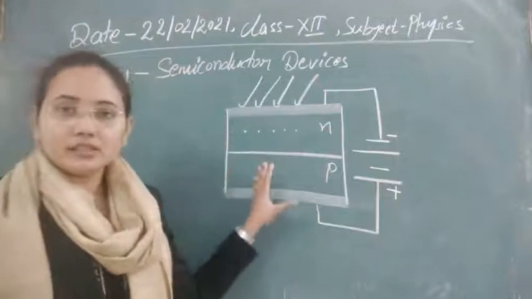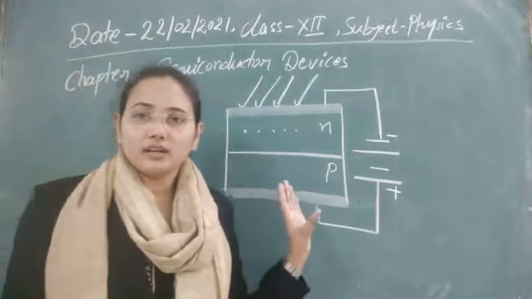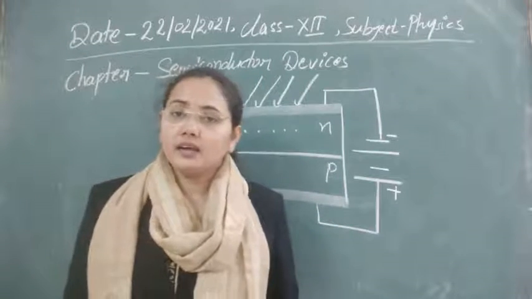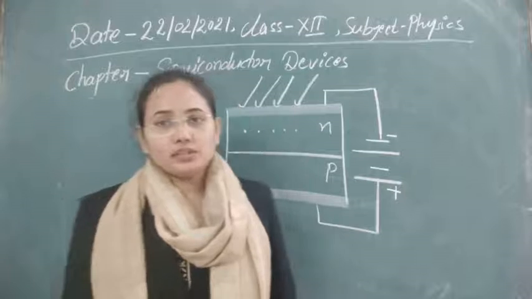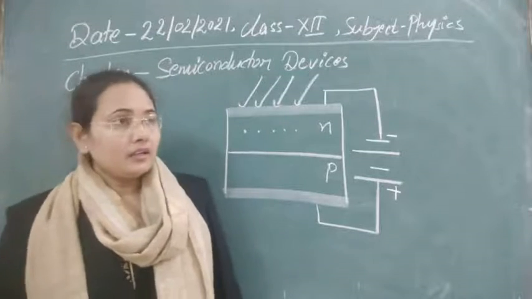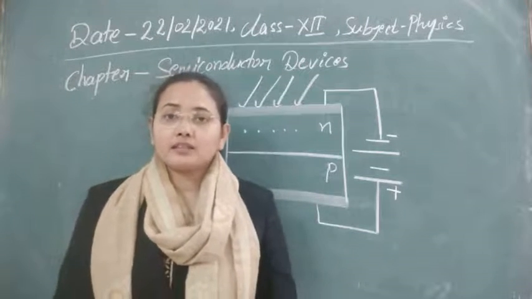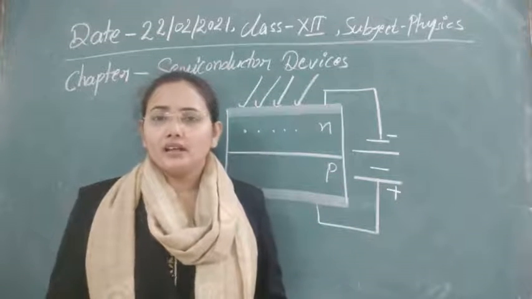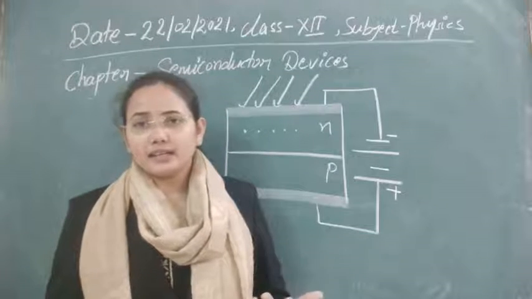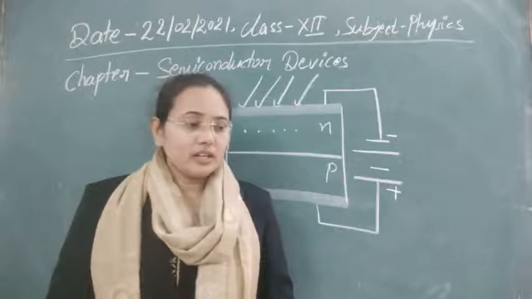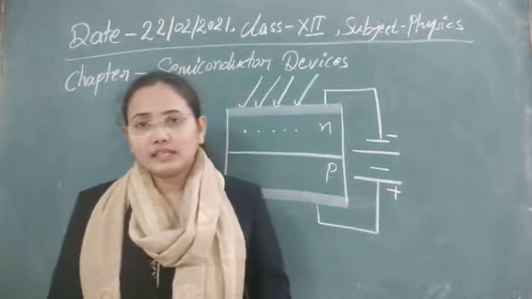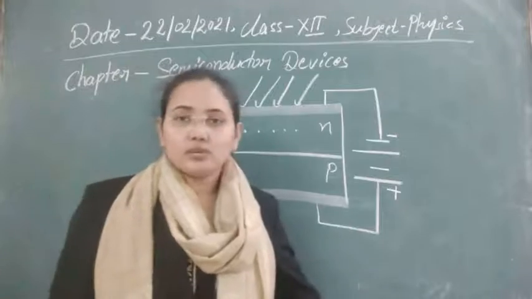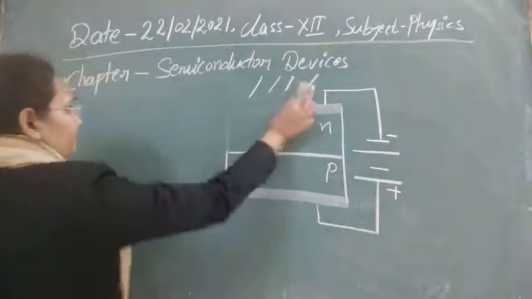So I think the construction and working of the solar cell is now clear: how we get charge carriers, and how we get current through the whole circuitry. Clear? You already know that wherever you can use electrical energy, there you can use solar cells. The next topic we have to study is the concept of LED, light emitting diodes. This is the last topic that we have to discuss now.